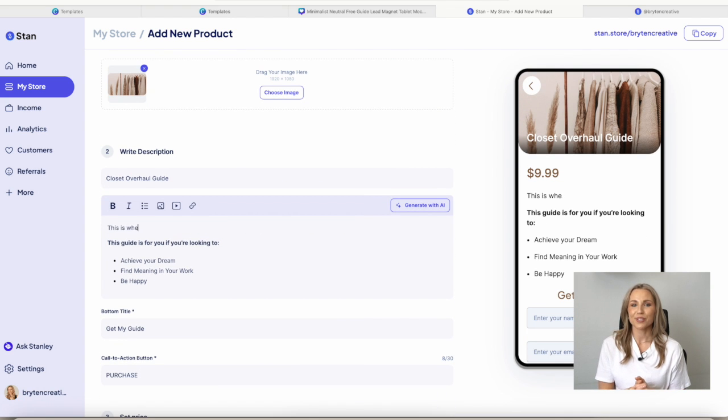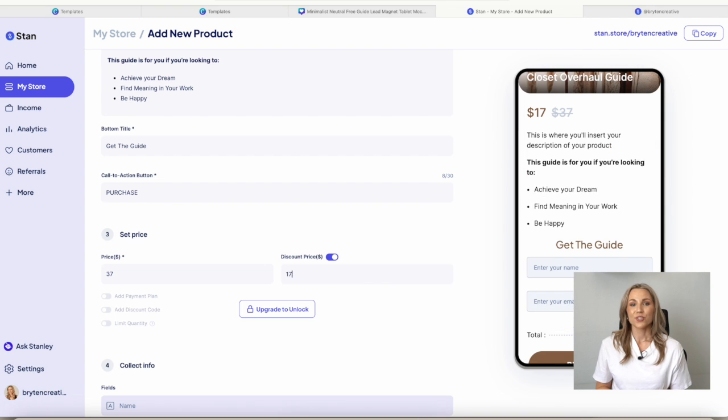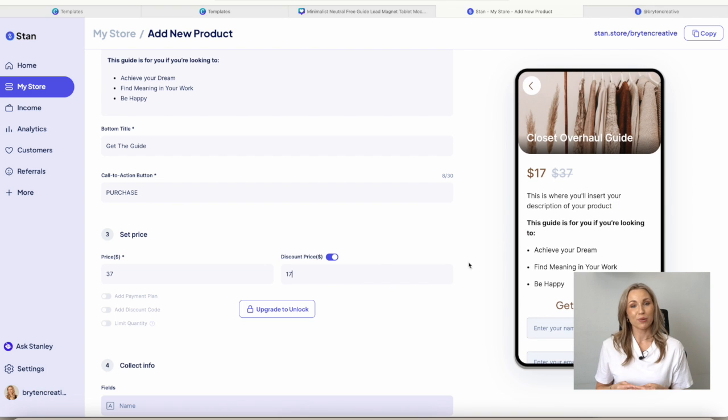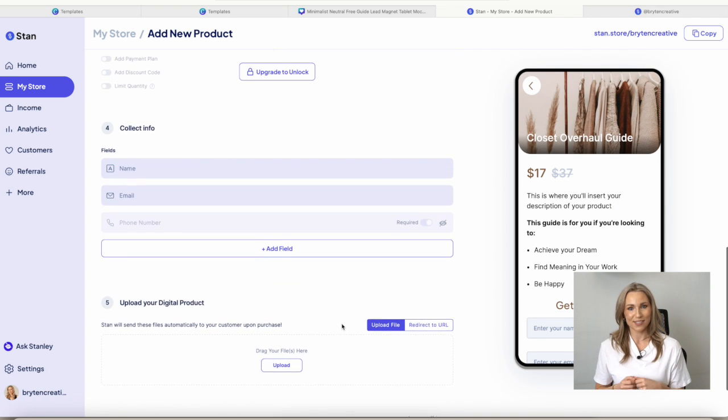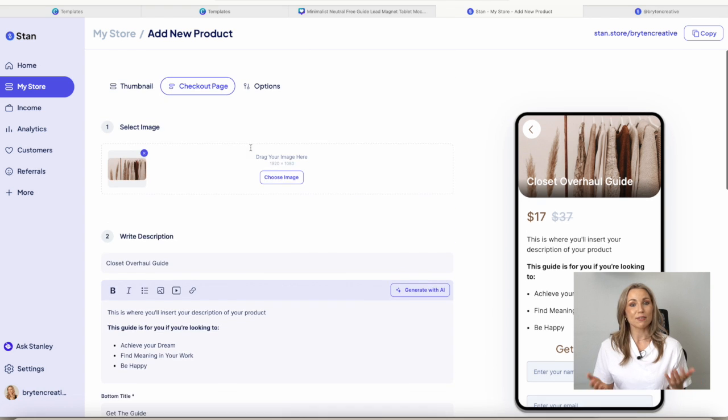an area to sell your product and tell your audience what they will learn, another call to action button, and your pricing. You can set an anchor price and a discounted price to make it more of a deal to your audience. Under that is where you will upload your digital file so your audience can receive it as soon as they